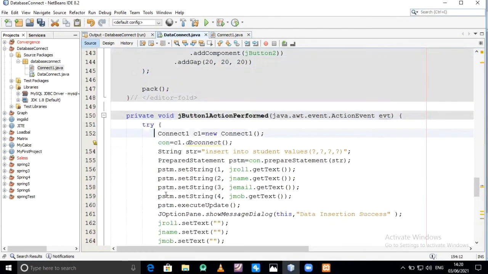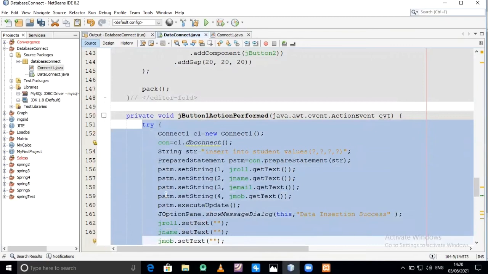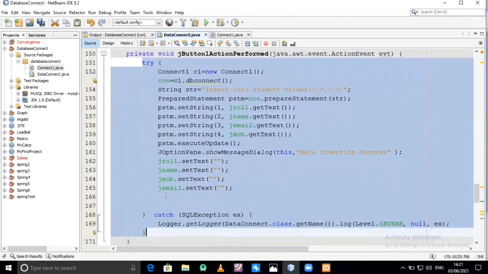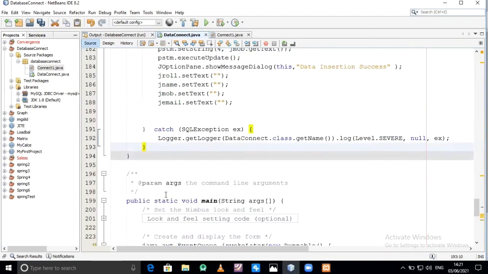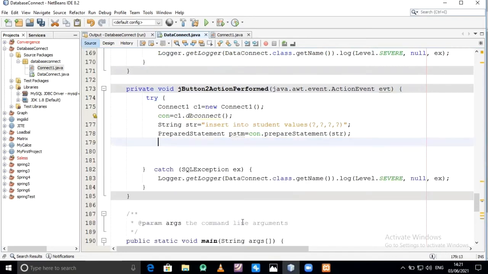For that we require this. You just copy it and just paste it. We don't require this. Only Connection con equal to c1 dot dbconnect, string. Our string is changed because our SQL statement is for the search operation.